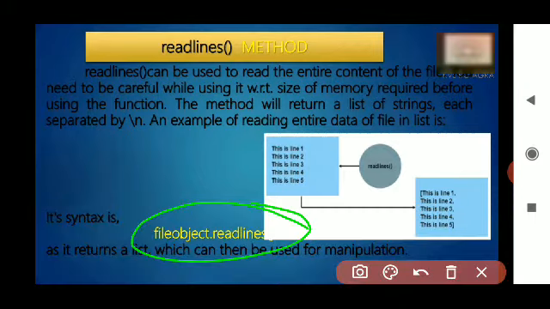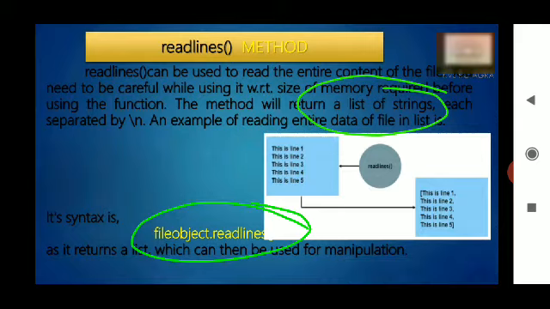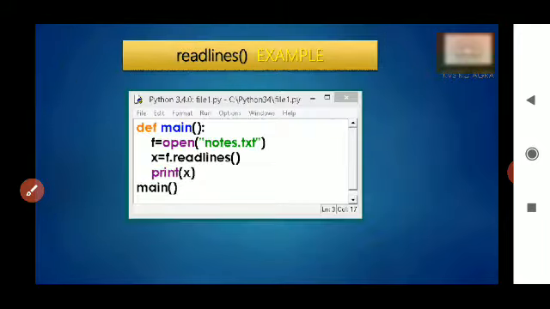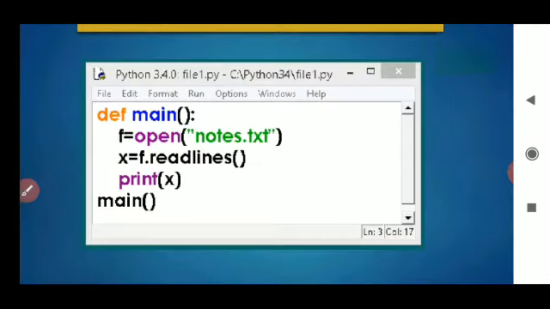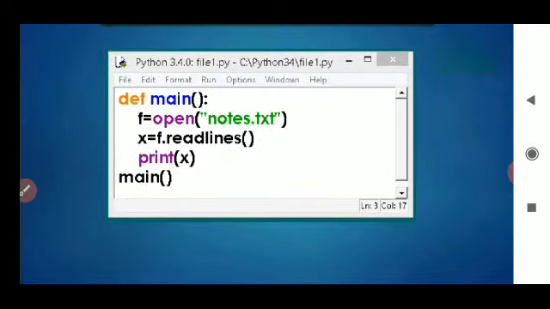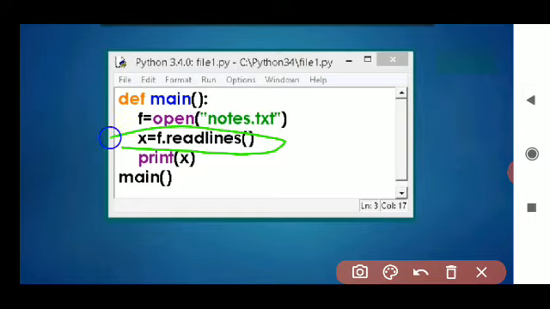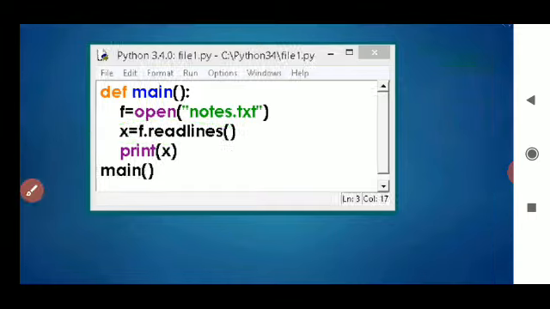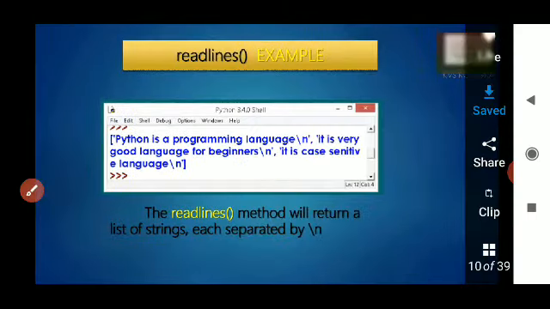It returns a list in the form of strings. In the next example we only change this statement, the function readline changed into readlines.